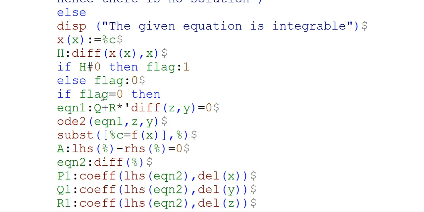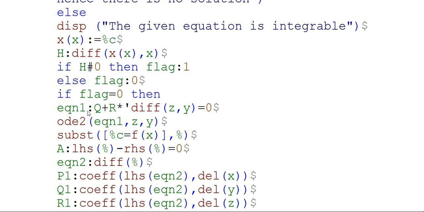So what will happen if flag is equal to 0? See, observe here, in the previous step I took colon, but here I am taking equals. So usually the students will make a mistake at this stage. Here I am comparing now. In the previous step I am assigning. When we are assigning the value, we should put colon. When we are comparing the statements, I should put equals. So if flag is equal to 0, then my equation, there I call it as eqn, now I am taking as eqn1.